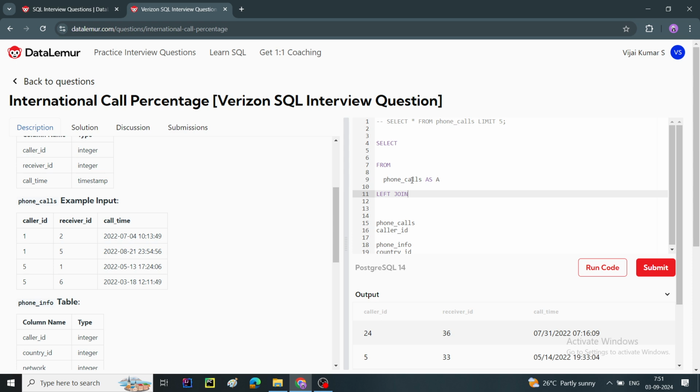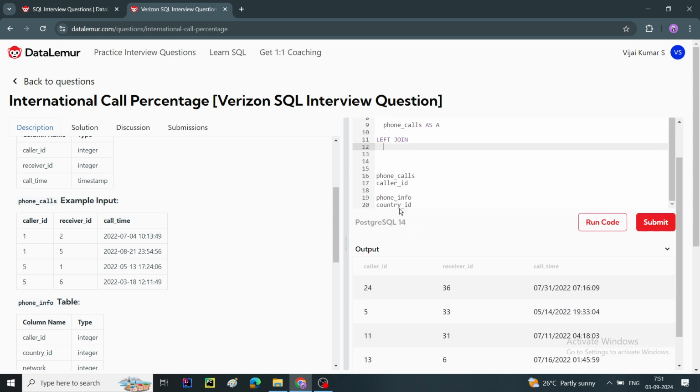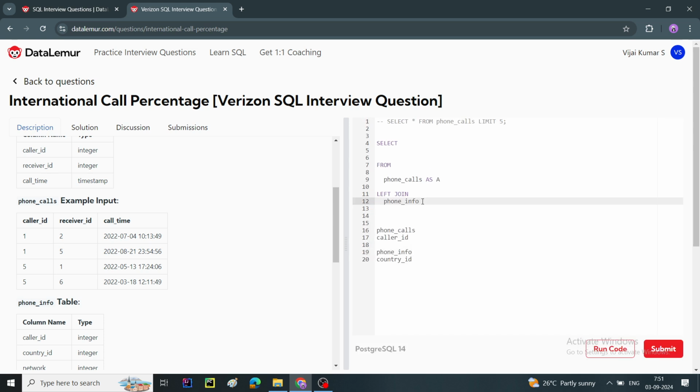join itself. There is no dependency on left join here. I'm just doing that, and I'm going to join the phone info table, since we have two tables, as B. After that I'm going to give an on condition based on A dot caller ID, the column in phone calls. A dot caller ID equals B dot caller ID,